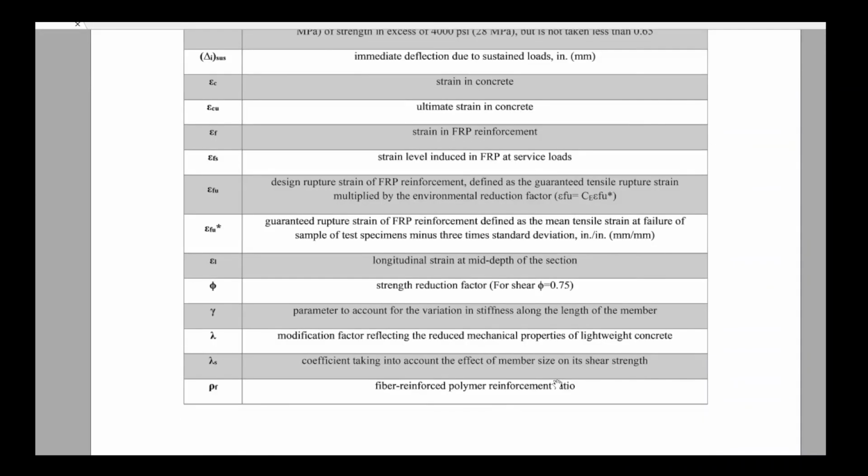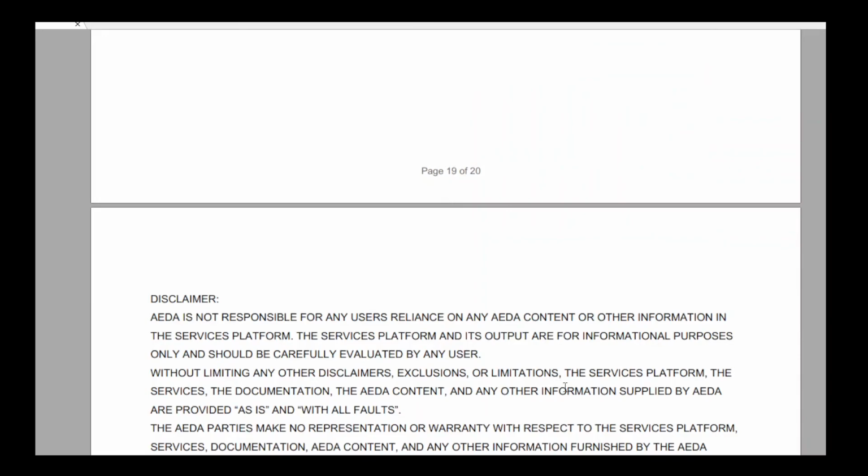And then finally we have the disclaimer in the report from ADA LLC. FRP Buildings presents a very easy way to design for FRP requirements in flexure and in shear for concrete sections reinforced with FRP rebars in flexure and in shear. Either it is a rectangular section, T section, or inverted L section, with a very large pool of boundary condition and loading parameters, with a very generalized approach through the 5-moment section and the 3-moment section